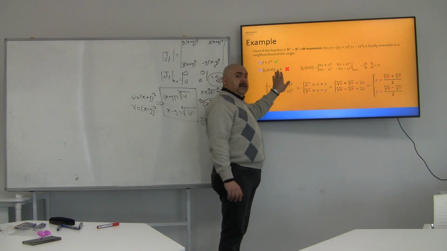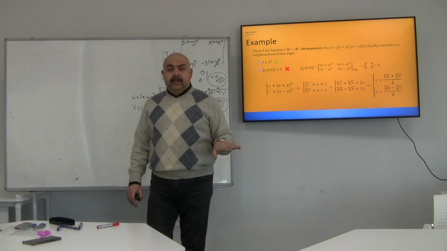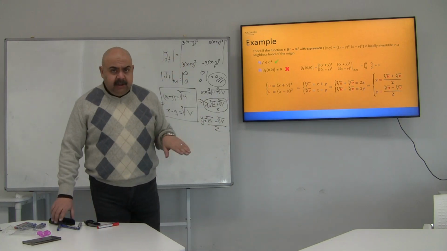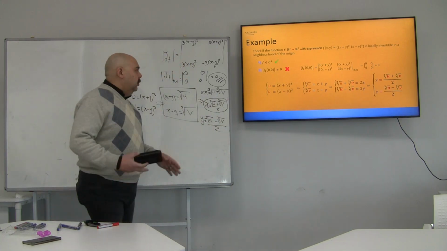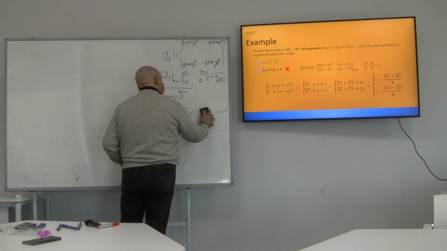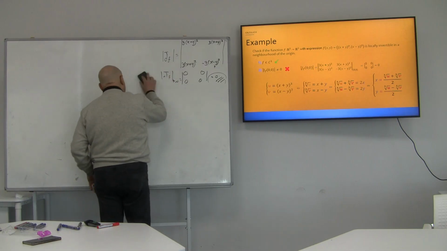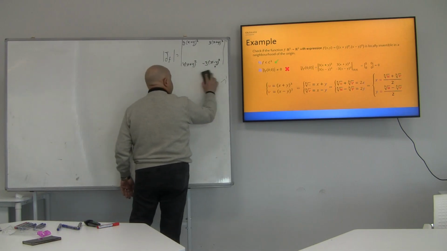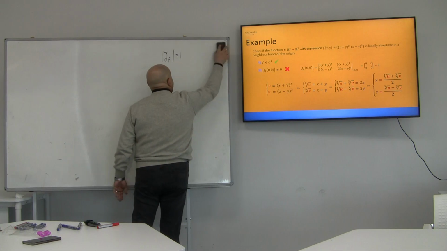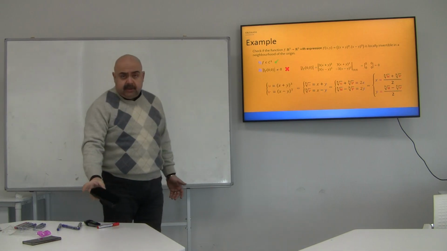Although it's not satisfied, according to the theory, if we go through the theory with all the details, you will discover that although the determinant is equal to 0, we could still get the inverse. So this theory in Rn is a sufficient, but not a necessary